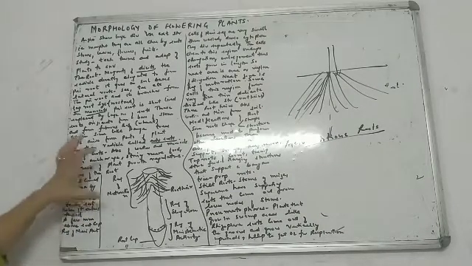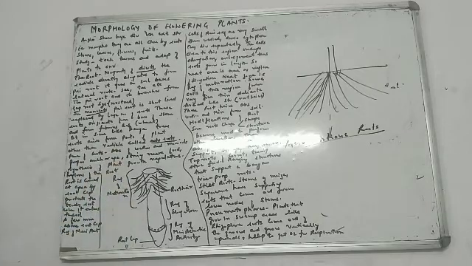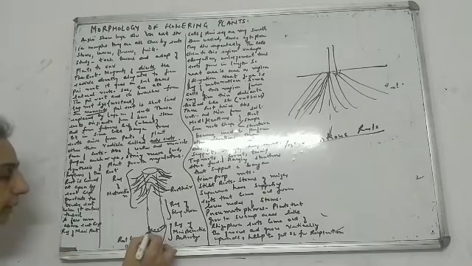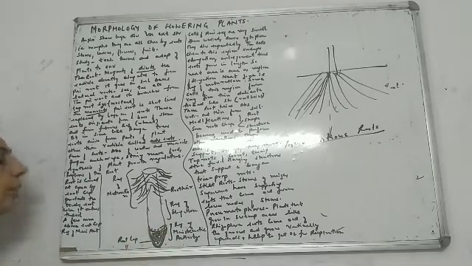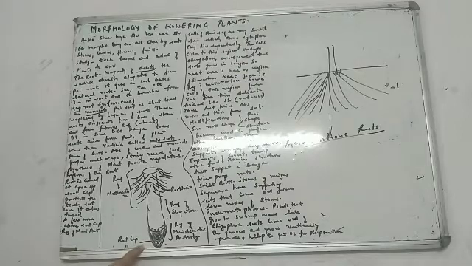If you look here, I have tried to explain something to you. See this part, okay? I am talking about the root. This root is covered at the apex by a root cap. Can you see this apex part over here? This one, the lower part. Okay? This is what we call the root cap. The apex part of the root is what we call the root cap. This root cap protects the soft root when it enters the soil.